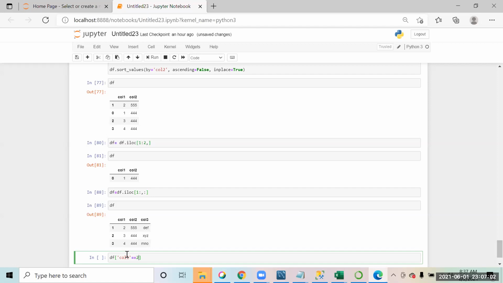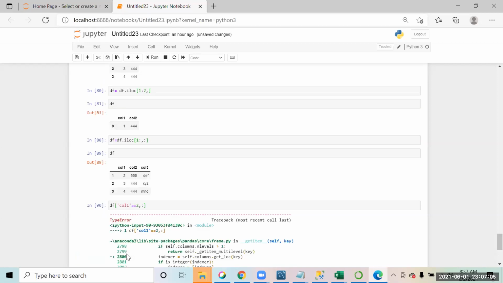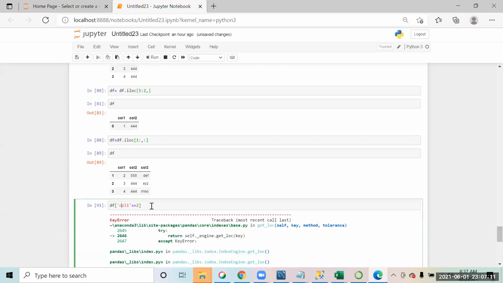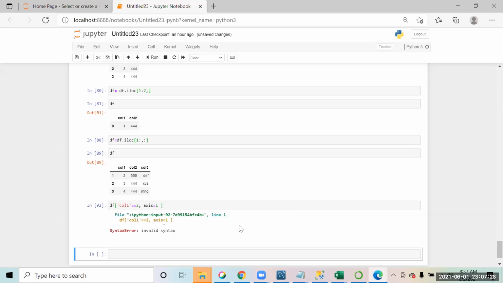Now you have to use double equal to. Do we need to use double equal?